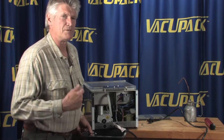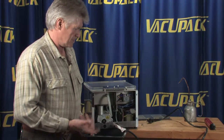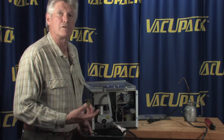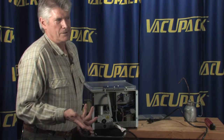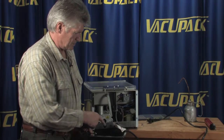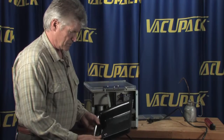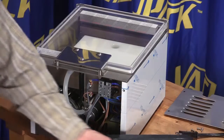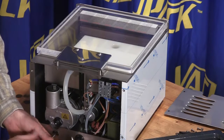But basically the more often you change your oil, the longer your pump's going to last. If you change it every 3 to 6 months or every 3,000 bags, whichever comes first, is a good rule of thumb. But it's real simple to do. You just drain out the existing oil, and these little pumps don't take very much oil at all. There's only about 2 or 3 ounces in there, maybe 4. Put the drain plug back in,